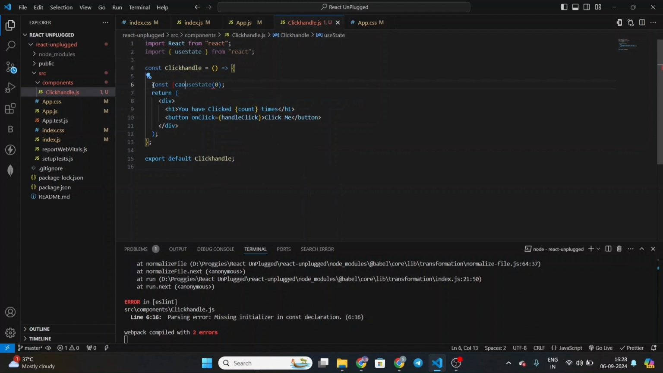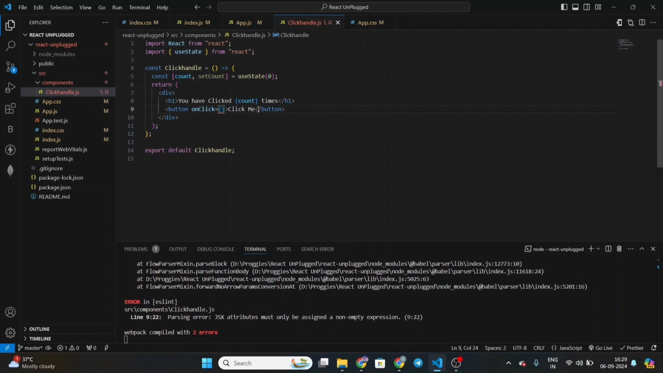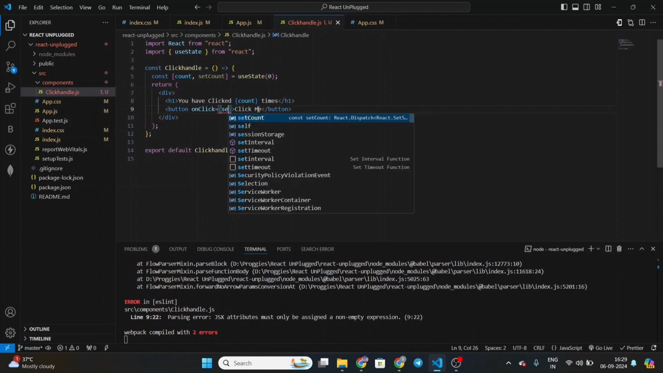the value and a function. Okay, this name can be anything, like increment, set increment, and so forth. Now, whenever I click this button, I want the count variable to increment. So on the onClick function,